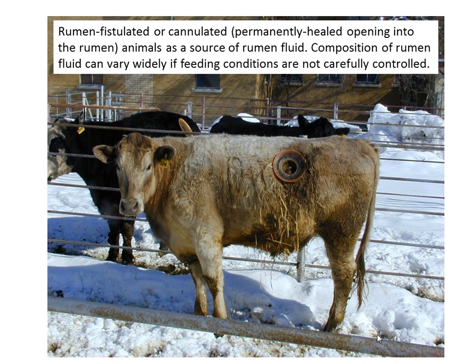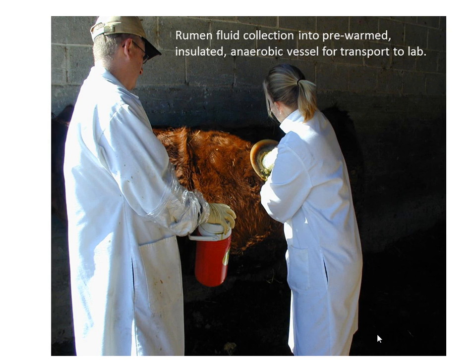The other aspect to forage testing that's become much more commercially available than it was 10 and 20 years ago is using rumen fluid to actually run small digestibility bioassays in laboratory test tubes. There are ruminally fistulated or cannulated animals out there, a surprising number of them actually, that we get rumen fluid from. It's under very controlled conditions. They have to be fed in a very specific manner, and it has to be gathered in a very organized way, but you can take rumen fluid that's full of these microorganisms